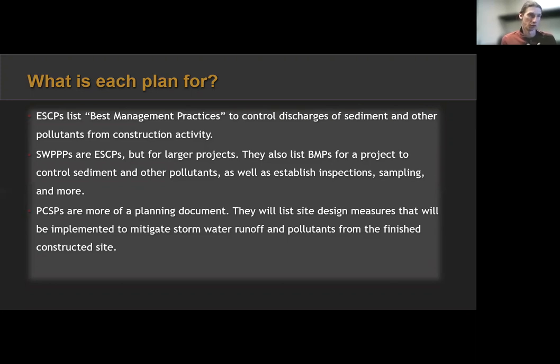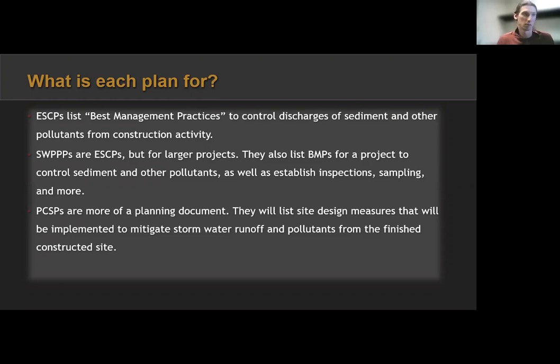You do it with the engineering because these plans list site design measures that are going to be implemented to mitigate stormwater runoff and pollutants from a finished construction site. So it is for the post-construction side of things, but you do the design work before, and you're designing treatment controls, identifying source controls that can be done, maybe site design measures that will help mitigate stormwater runoff and pollution.